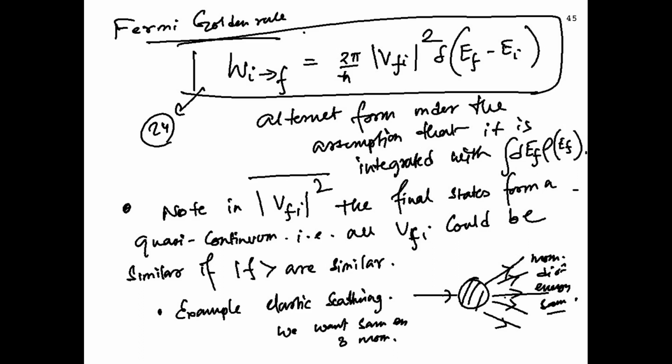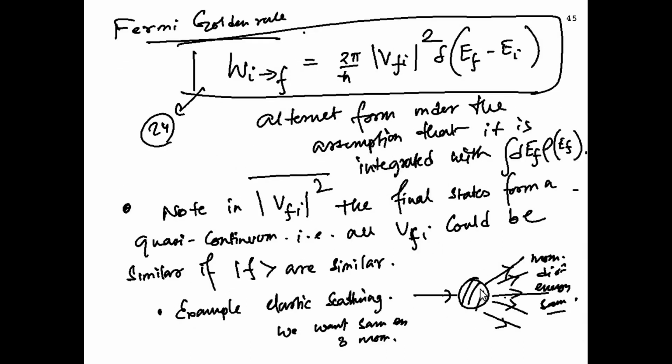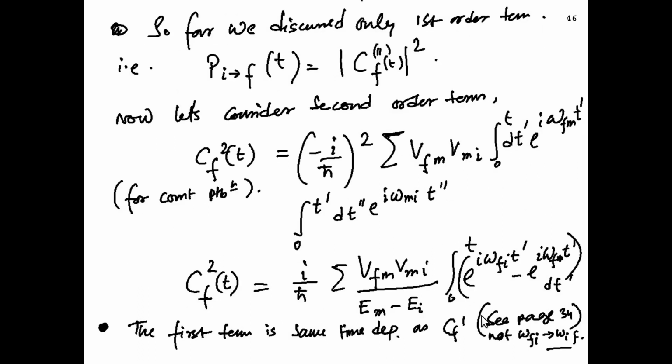So here is an example, which we will study in detail in the next chapter. It's the elastic scattering example. Elastic scattering means the energy is conserved, so the energy in the initial and final states is the same. So you can look at this problem like this. Some particle is coming in on a scatterer, which is some potential, and then it is scattered off in a different direction. It could be in any direction, but the energy remains the same. So we would like to estimate the probability amplitude for this kind of system. We will do this problem in great detail in the next chapter.